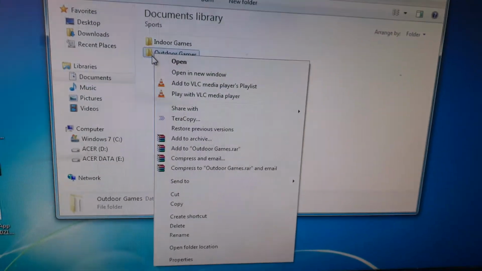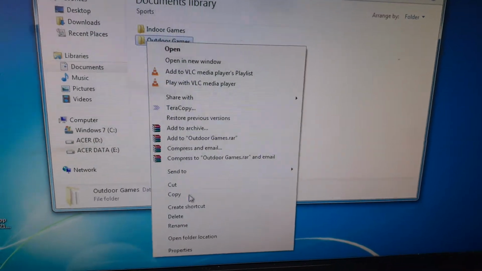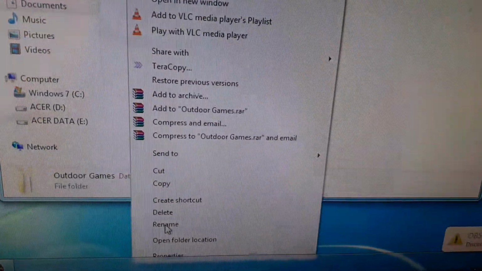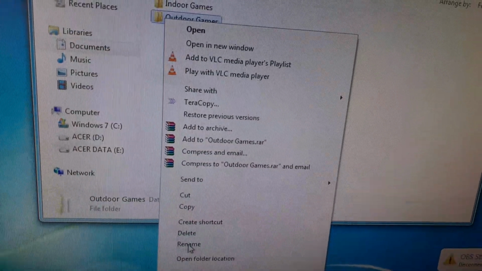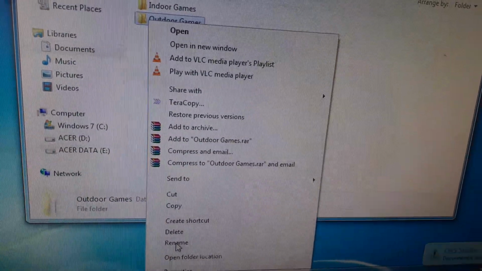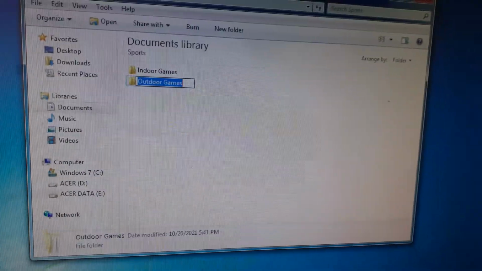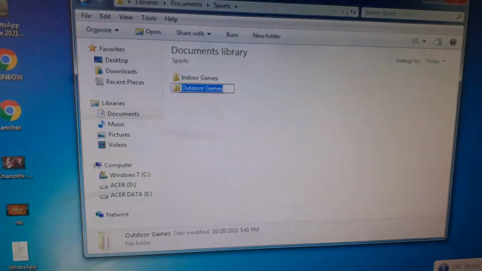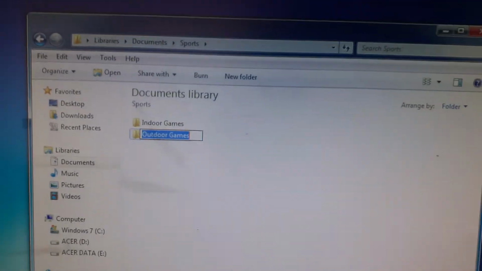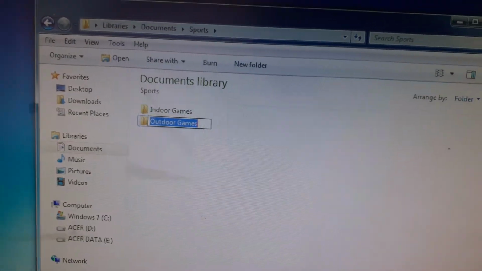Now here you have to select the rename command. Okay children, so you have to click on rename. When you click on rename, the name of the selected folder is highlighted in the box. You can see this is highlighted, right, in blue color.